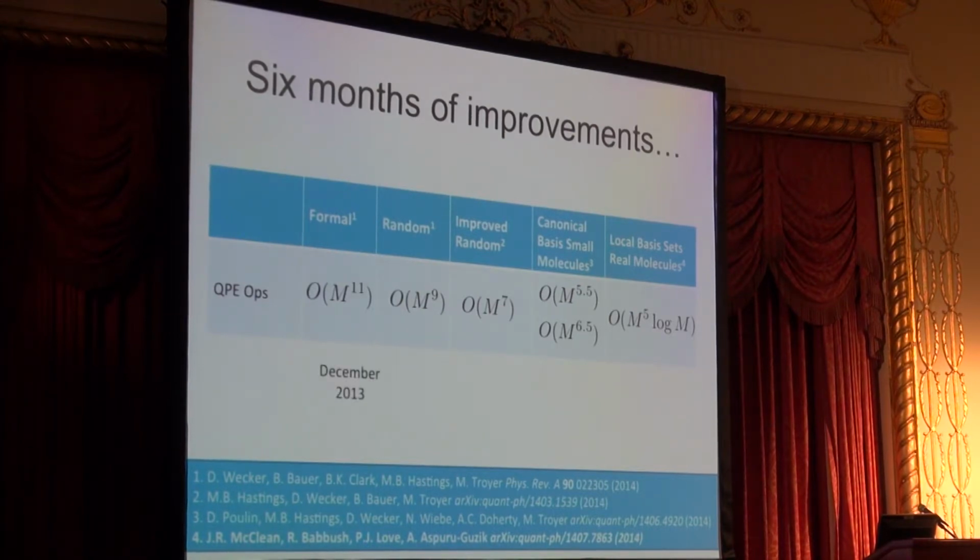Well, 11, that was in December 2013 when that came out on the arXiv. Then the Microsoft guys got to work, and they kind of set up their own strawman and killed it, because a few months later in March, they went down from n to the 9 to n to the 7, and they started saying how great they were because they went from n to the 11 to n to the 7, which is fun. I mean, those papers are fantastic. We're reading them, studying them and using them. And then their latest paper that appeared in June has a scaling that they numerically estimate to be between 5.5 and 6.5. So using some techniques that they used and using some of our chemical knowledge on locality, which I'll tell you about,